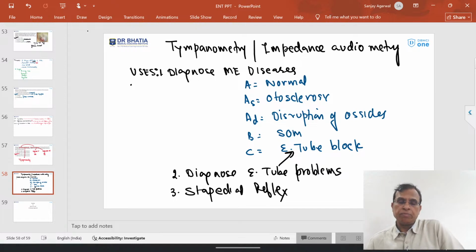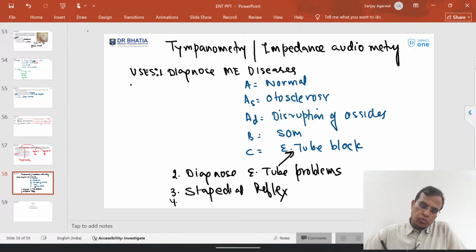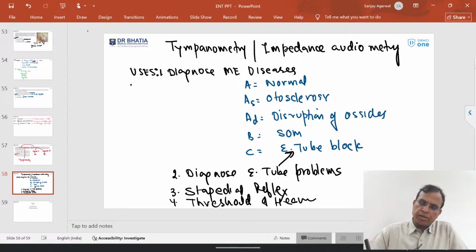The tympanometry mainly 3 काम और भी होते हैं. इससे आपको थ्रेशोल्ड भी पता चल सकता है. You can also know the threshold of hearing. To know the threshold of hearing. So if you remember, अगर थ्रेशोल्ड 25 से कम होता है, जब एक ऑडियोग्राम था ना, उसमें 25